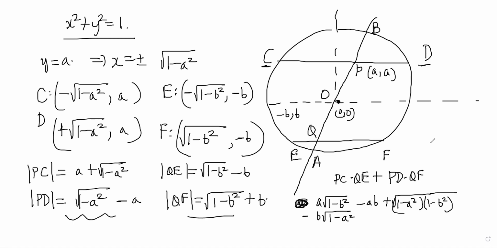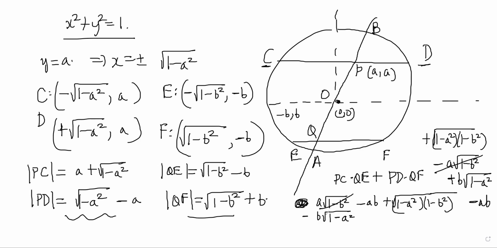So that should give you plus root over 1 minus a square 1 minus b square minus a times root over 1 minus b square minus b times, or plus b times root over 1 minus a square, and a minus ab, right? So notice that this term gets cancelled with this and this term gets cancelled with this. So you are ending up with this result PCQE